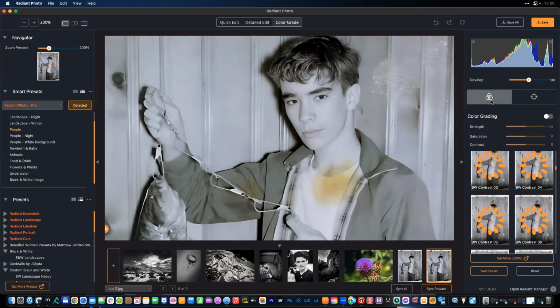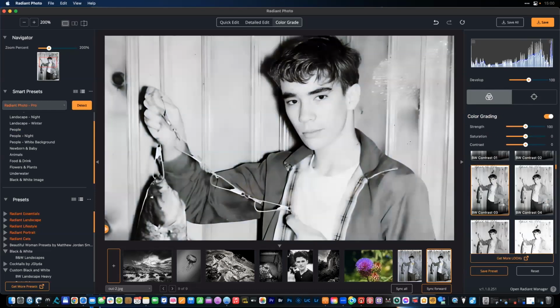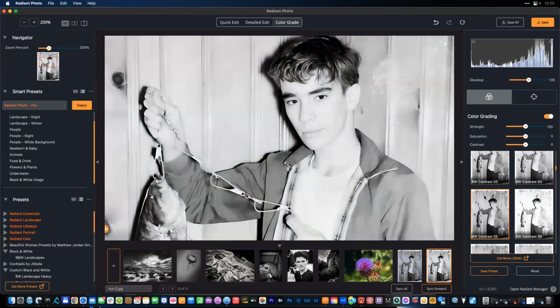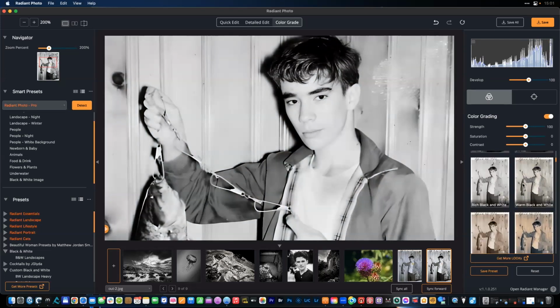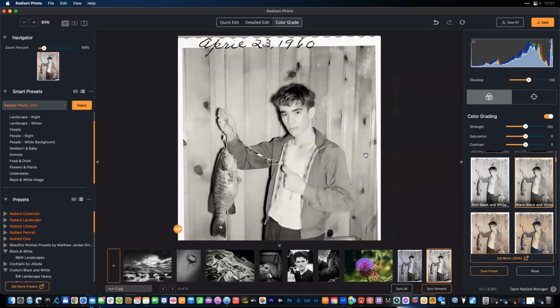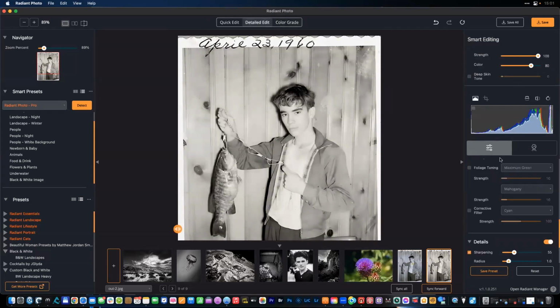And I'll do that by just going back to a nice, clean black and white. And so I'm going to go with one of the more filmic black and whites here. Let's go nice, warm black and white. That feels good. And now looking at that, play with the contrast. I'm going to take that down just a little bit, a little less saturation. There we go. And then come into the original here